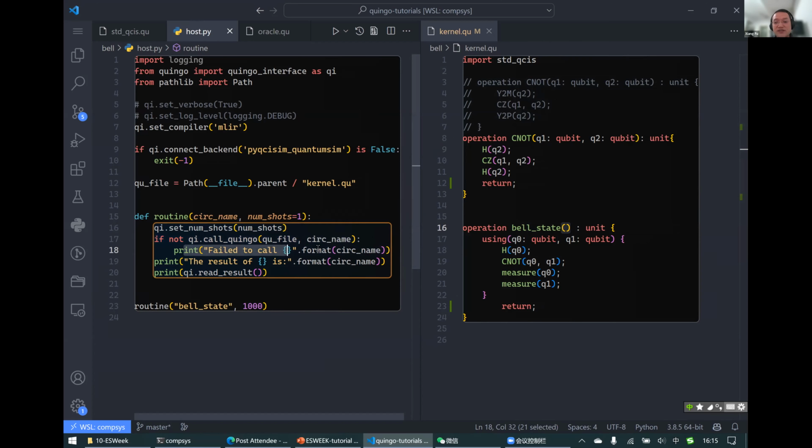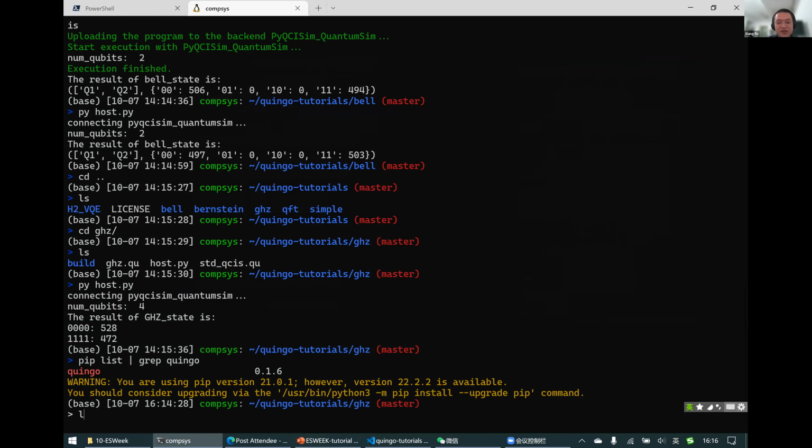When you call this, if it fails to call, then it returns false. Otherwise, it returns true. And upon a true return, this program will print the returned value here. And I can show you some detail here.